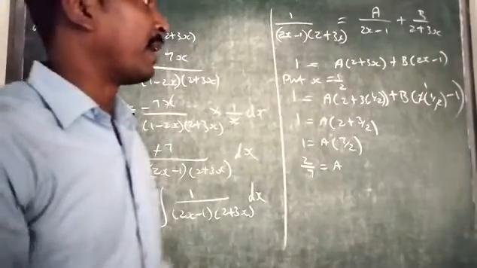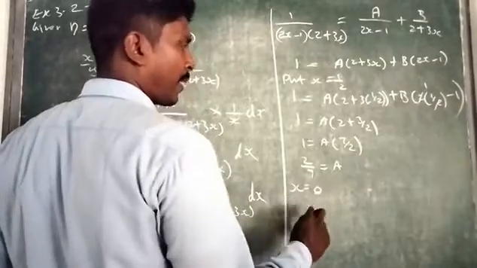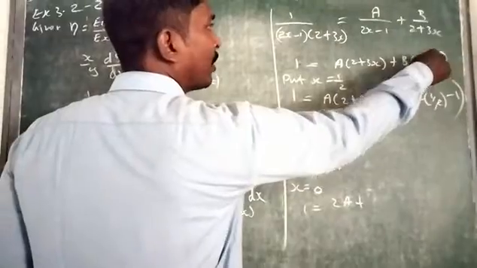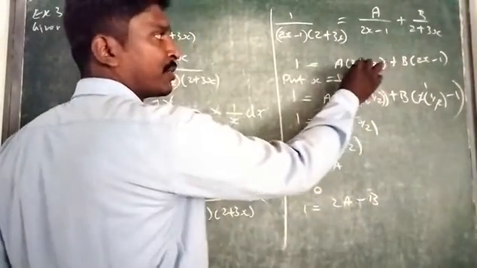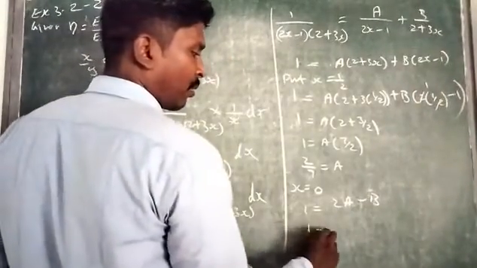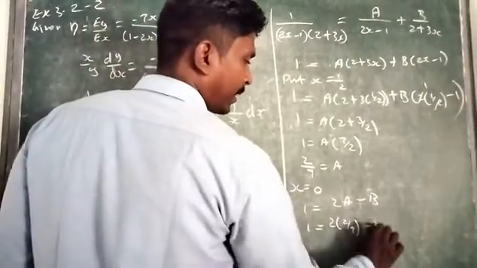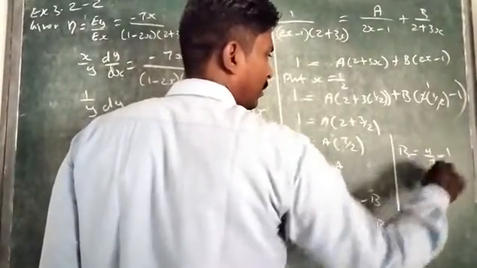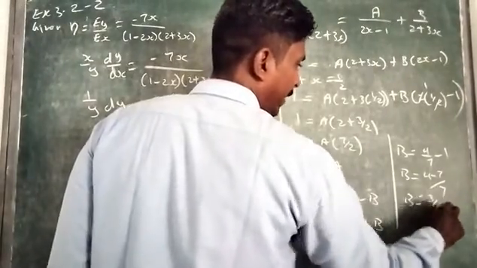Like that you find the B value. Then instead of x, substitute 0 also. Put x equal to 0. Then 1 equal to 2A plus the entire value 0, then minus B will come. Here 0 into 3 is 0, 0 plus 2 is 2A, 0 minus 1 is minus 1 into B, minus B. Now we know the A value is 2 by 7. Then minus B, take B here, then we have 4 by 7 minus 1. Then B equal to (4 minus 7) by 7.